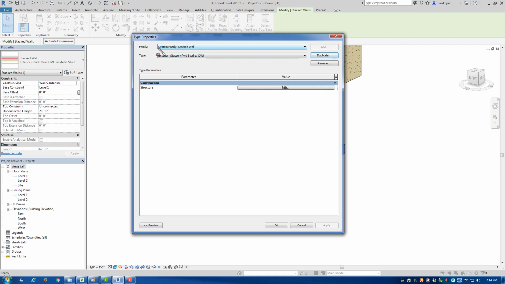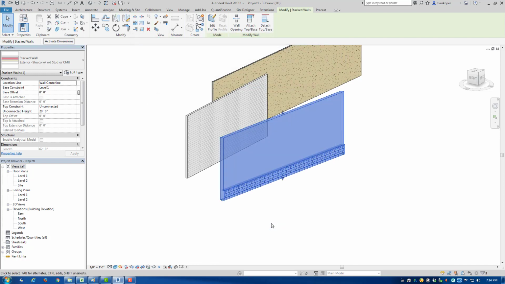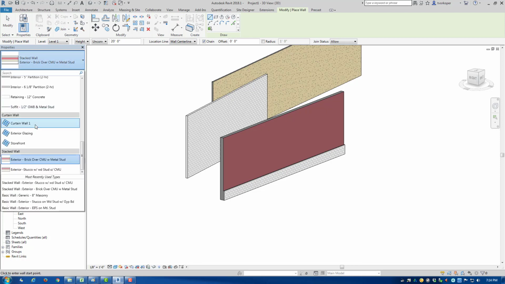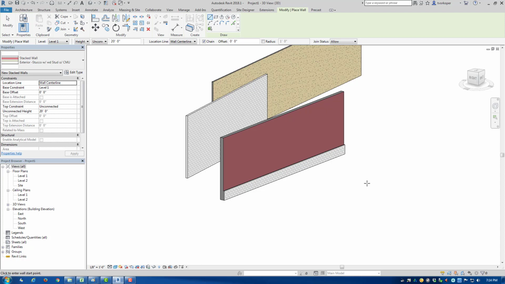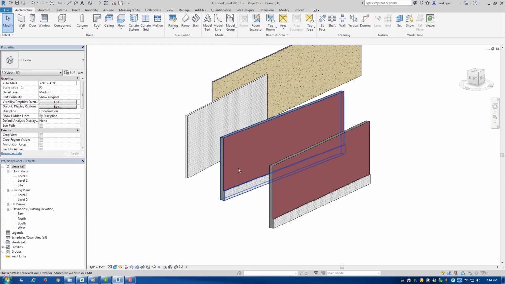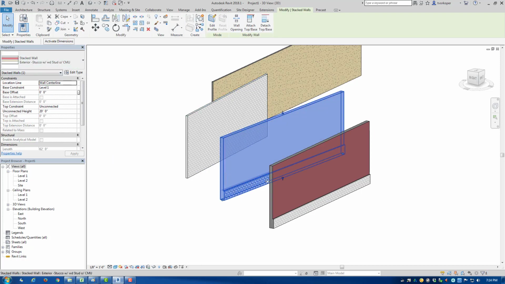You can see that the system family is a stacked wall, and I have just renamed it stucco with wood stud over CMU. Now if I just stopped at that and said OK and OK, and then I did the wall command, and I picked the one that we just created, the stucco on wood stud over CMU, what is it going to look like? It's going to look exactly like the other wall that we just used to create this one,